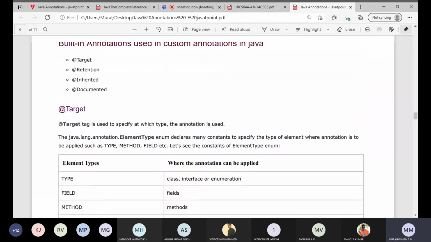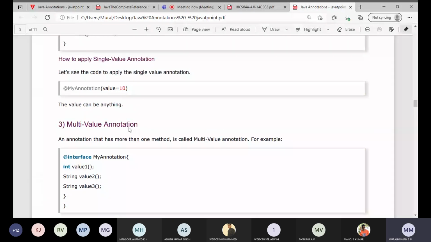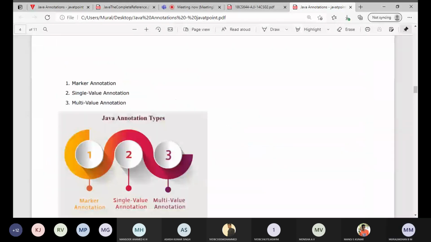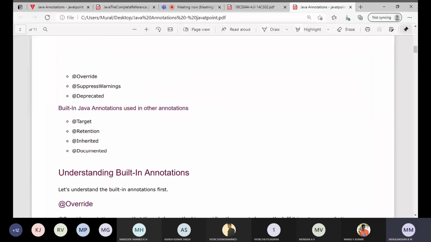This is with respect to the target. These four are inside java.lang.annotation, and these three are inside the java.lang package. Is it clear?